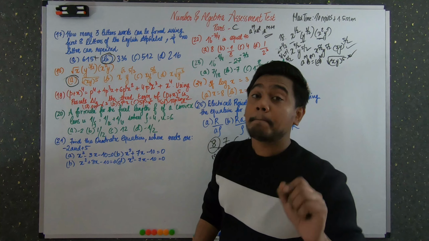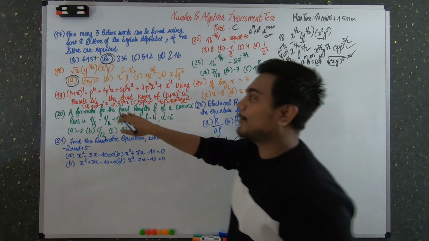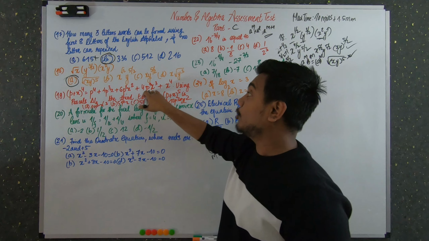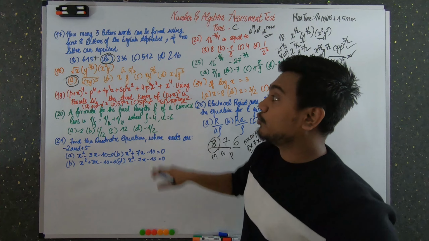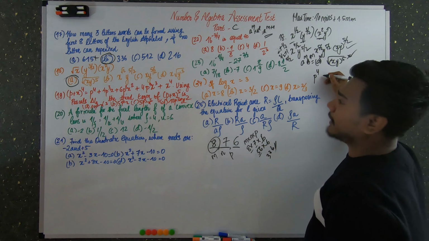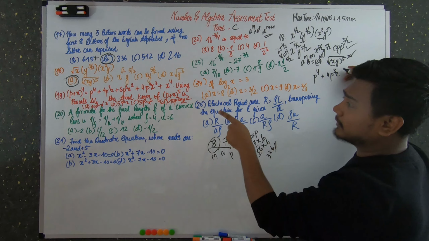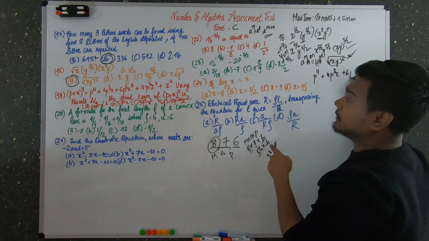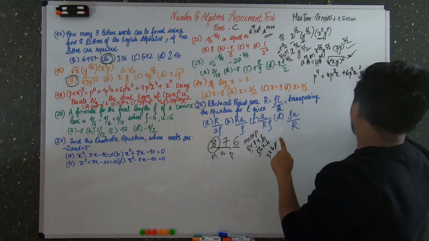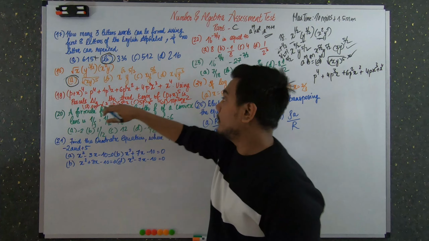It is based on binomial expansion. p plus x the whole raised to 4 is equal to p raised to 4 plus 4p cube x plus 6p square x square plus 4p x cube plus x raised to 4, using Pascal's triangle. So what are the terms? p raised to 4, then p raised to 4 plus 4p cube x. Okay, then what else it is? 6p square x square plus 4p x cube plus x raised to 4. So this is the expansion for p plus x the whole raised to 4.